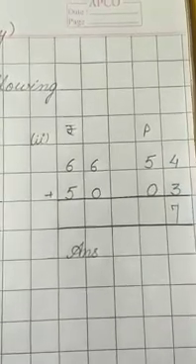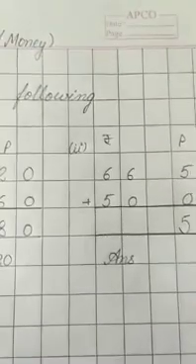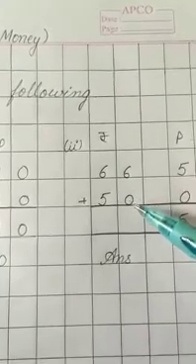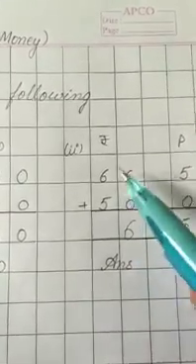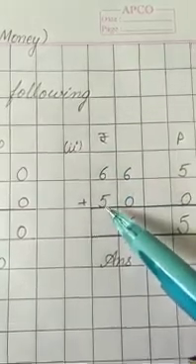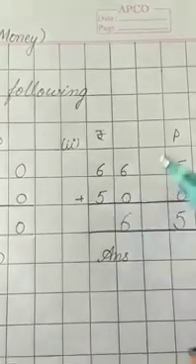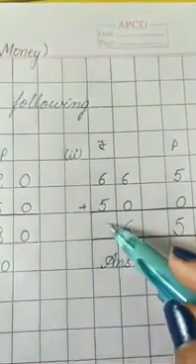5 paise plus 0 paise is equal to 5 paise. So let's write it. Now let's add the rupees. 6 rupees plus 0 rupees is equal to 6 rupees. And 6 rupees plus 5 rupees. Now 6 is in our mind, children. Start counting from the next number. 7, 8, 9, 10, 11. So we got the answer as 11 rupees.